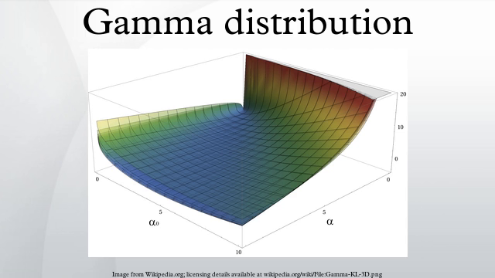Properties, skewness. The skewness is equal to, it depends only on the shape parameter and approaches a normal distribution when k is large. Median calculation. Unlike the mode and the mean, which are readily calculable formulas based on the parameters, the median does not have an easy closed-form equation. The median for this distribution is defined as the value ν such that